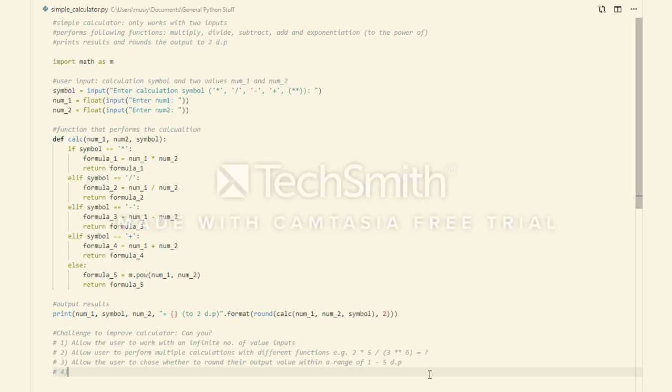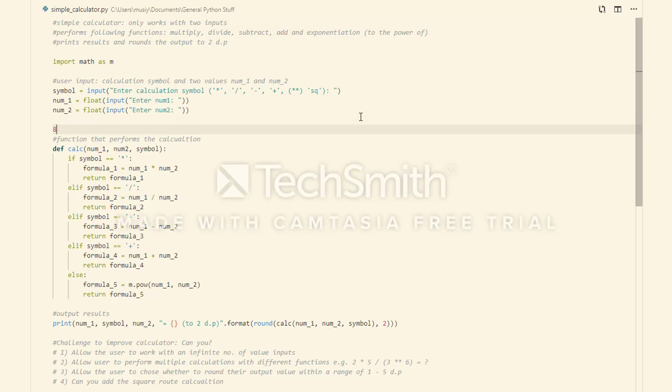So number 4, can you add the square root calculation? So for example, when the user enters their symbol for calculation, we also want them to be able to add in SQ for square root, for example. Okay, and let's say if you have like 81, find the square root of 81, be like SQ 81, and we all know that to be 9. Okay, so let's see if you guys can do that,